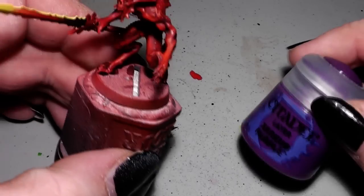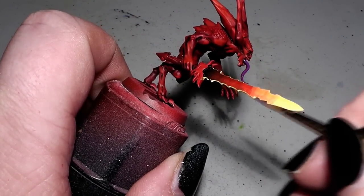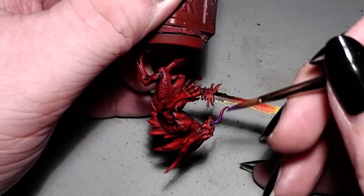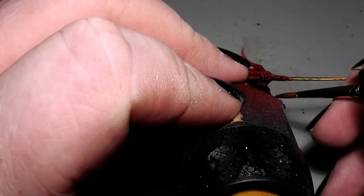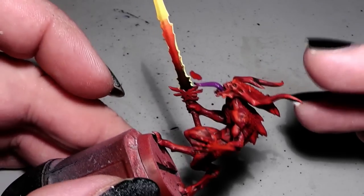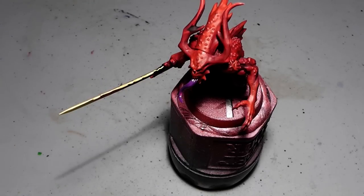So, moving on, we will now paint the tongue with Xereus Purple. Just take the color and paint up the tongue in purple. I chose this color because it gives a nice contrast to the red, while it is still a warm color in the red environment. Meaning purple itself is a color mixed out of blue and red. So it fits the miniature. Sure, I could have painted the tongue in green. That would give also an interesting contrast to the overall red, but it wouldn't fit,